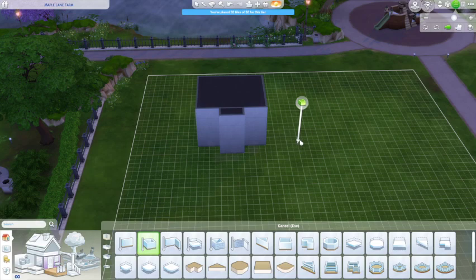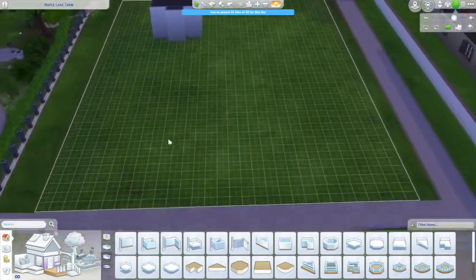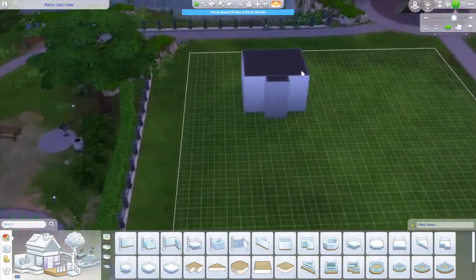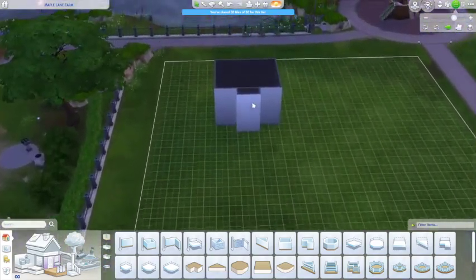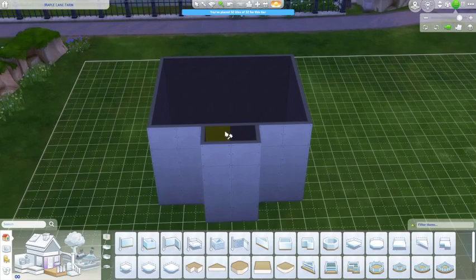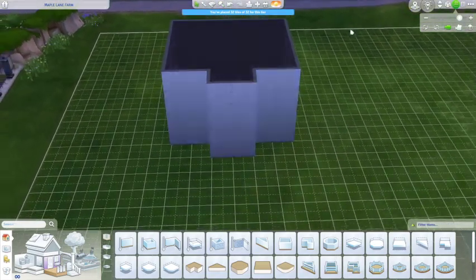This is what we have to work with, so let's have some fun. We're going to put it in this back corner, and that way, even though your sim will have a far way to walk, I figure if you are playing this and it is a farm lot, your sim is probably going to be working from home anyways, so it's not going to be too much of an issue. Now let's get rid of those two interiors. There we go. We also don't want...